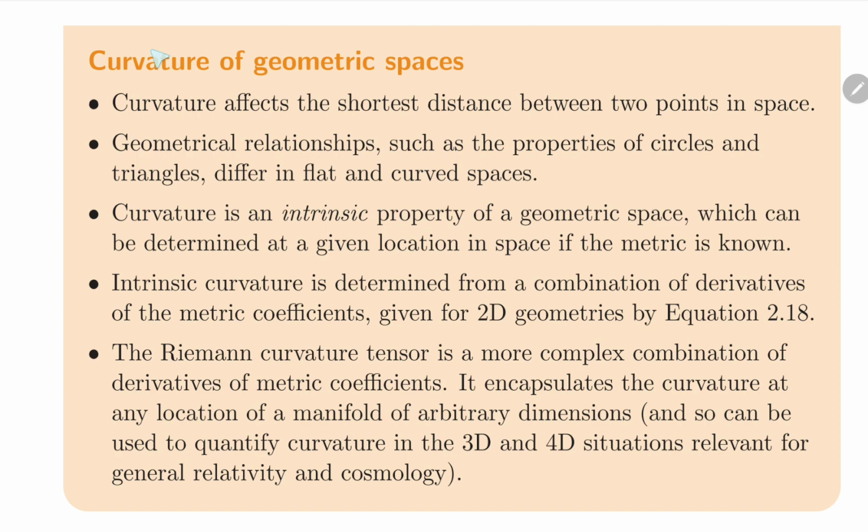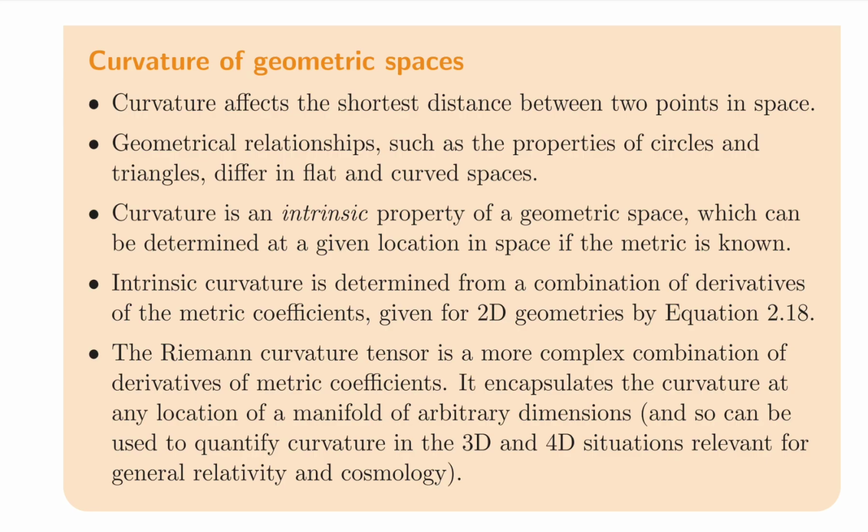Curvature of geometric spaces. Number one, curvature affects the shortest distance between 2 points in space. Number two, geometrical relationships such as the properties of circles and triangles differ in flat and curved spaces. Number three, curvature is an intrinsic property of a geometric space which can be determined at a given location in space if the metric is known. Number four, intrinsic curvature is determined from a combination of derivatives of the metric coefficients given for 2D geometries by